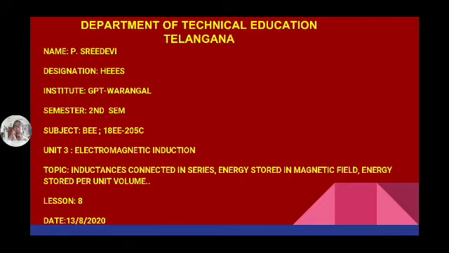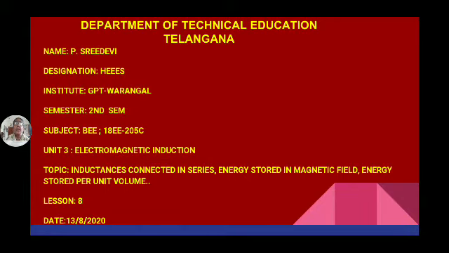See, before that let me explain how EMF is induced. So what are the requirements to develop an EMF? To develop EMF, we need magnetic field and conductor, and the flux linking with the conductor should be changing. The change in flux linking with the conductor should not be constant. It should vary from time to time. So the requirements are magnetic field, conductor and change in flux.